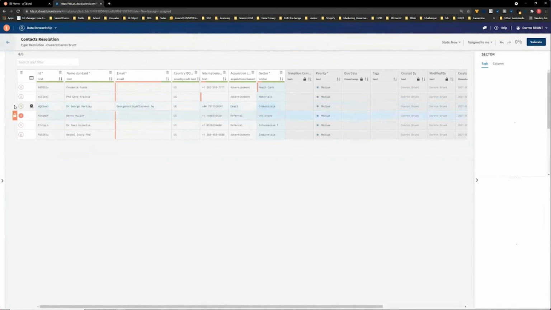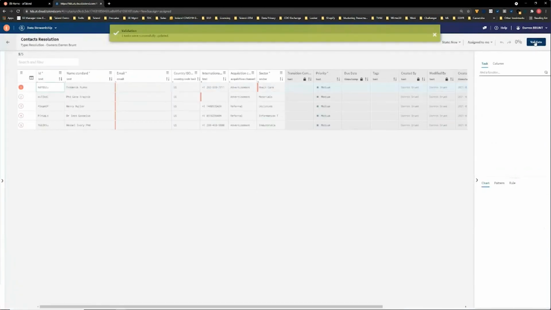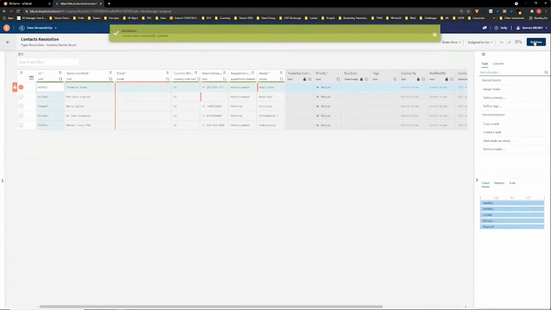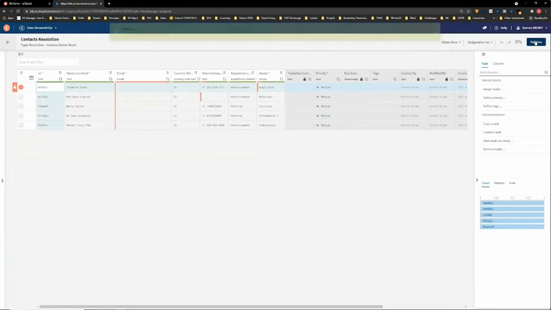Once all of that's done, I can attempt to lock this row. And I've just locked that. That's changed green, indicating that from a semantic compliance and from a rules checking perspective, this now looks like a valid contact. If I hit validate here, the system will determine whether that's a valid contact and remove it from my task queue to indicate that it's now ready for processing. So from a steward perspective, I would just continue working through all of these.